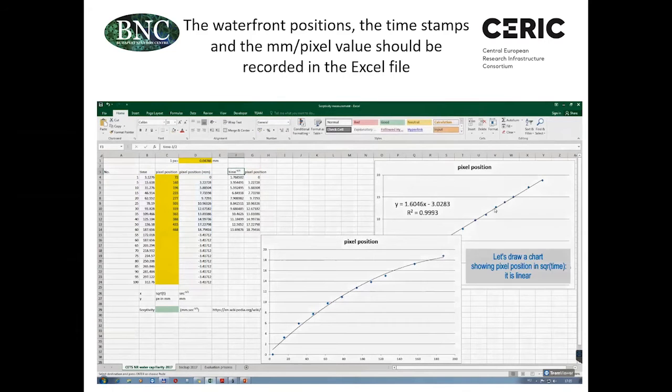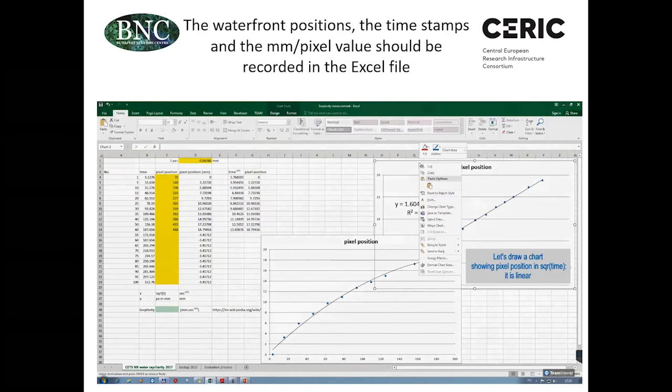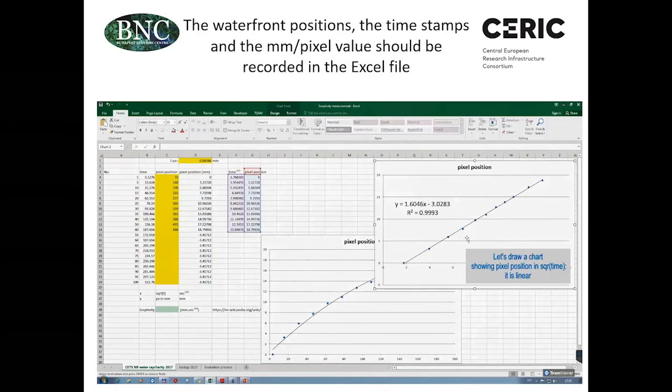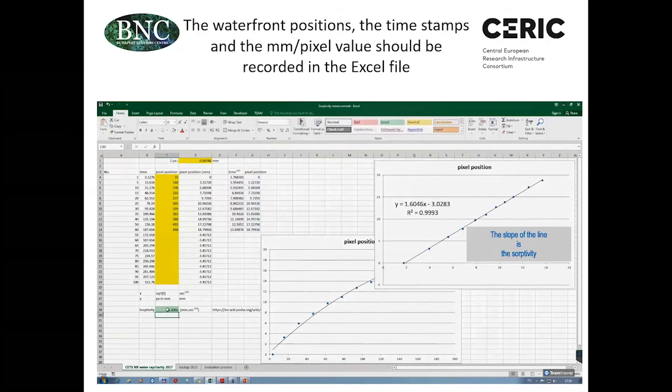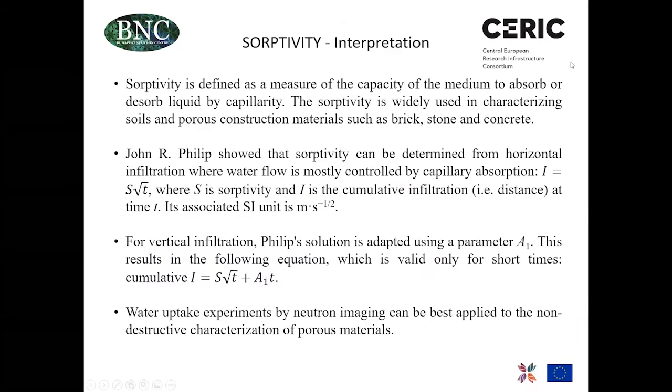If you plot the pixel positions as a function of time, you will have a curve, but if you plot it against the square root of the time, then you will end up with a linear equation, and it can be described in physical-chemistry ways with the adequate equation. So what we got from the experiment is really justified by the science,